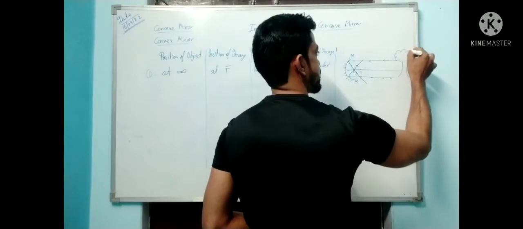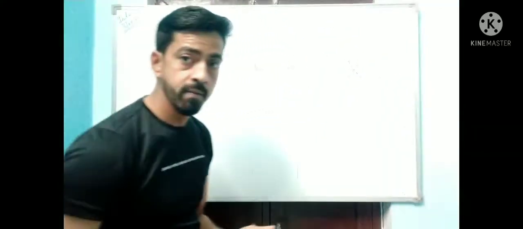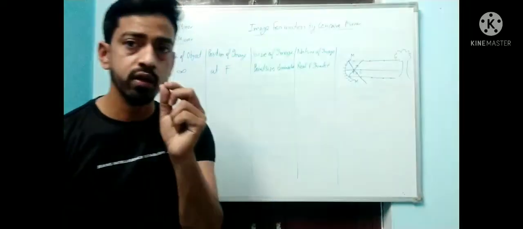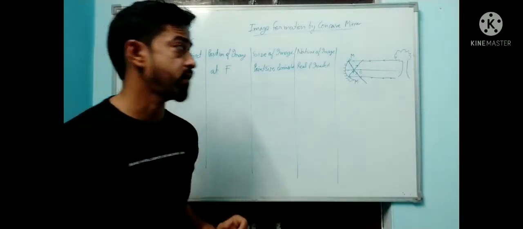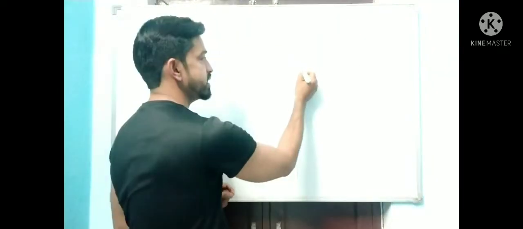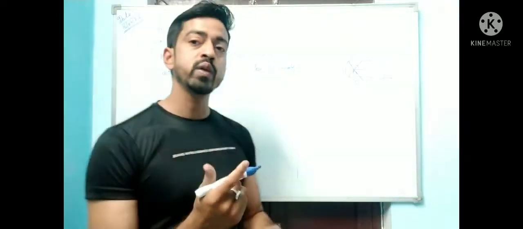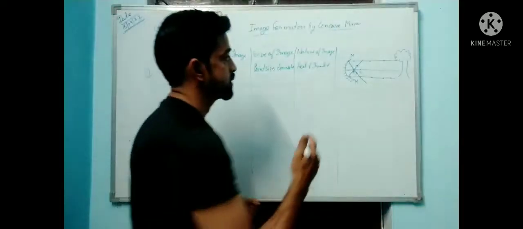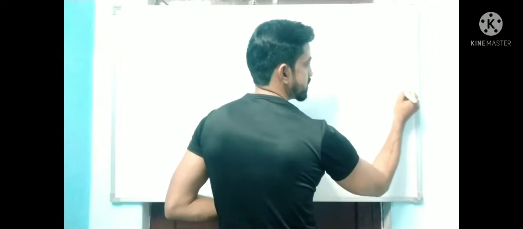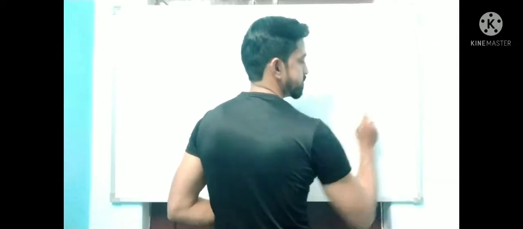Suppose this is the image of a tree, so here at F your point size image is formed, which is caught on a screen. That's why it is a real image, and the image will be inverted. इस तरह से छोटा सा बनेगा, ठीक।